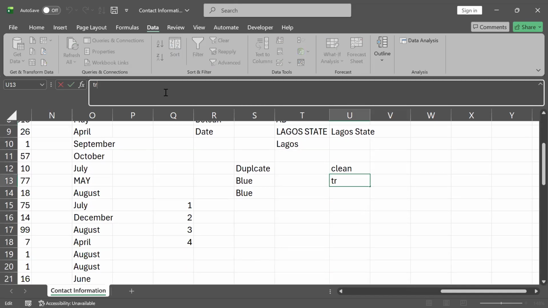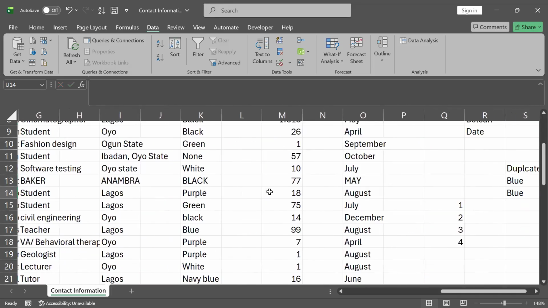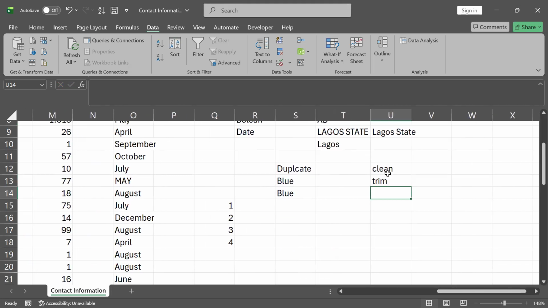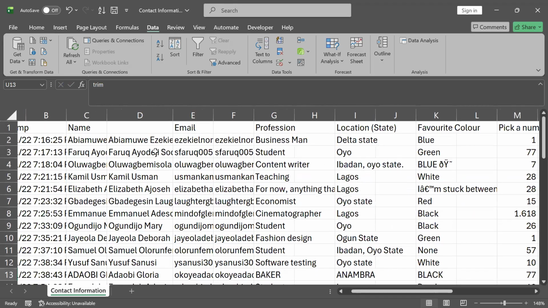Another one is trim. So if you want to clean your data, you have to use clean and trim, especially for your text data. You have to use this function. How do you use it? You have to nest one in another. Take for example now, if I want to remove any